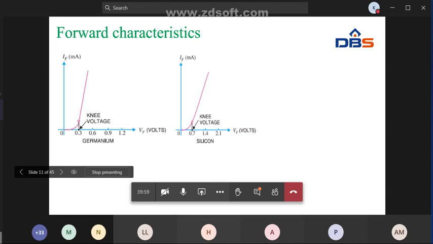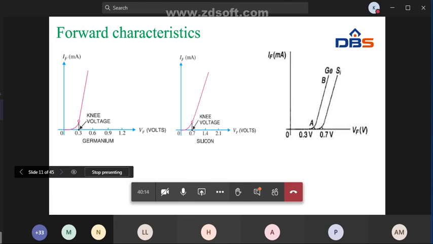So that means here we are applying the external voltage, right? In germanium, if it is 0.3 volts, the diode current will flow. In silicon, if it is 0.7 volts, the diode current will flow, right? So these are the forward characteristics. So when it comes to reverse bias,